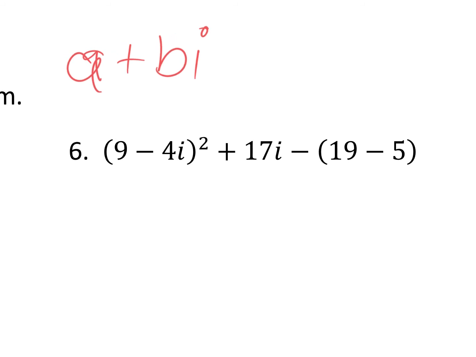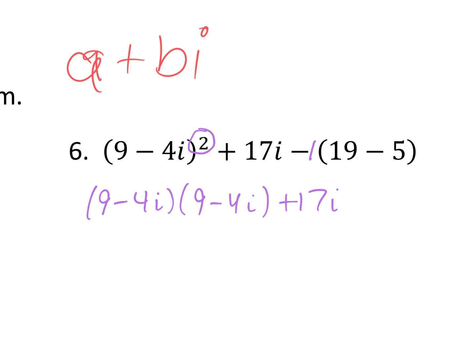All right, scooting over here. Just kind of survey the situation, y'all, before you start doing anything. I know I have a negative 1 right here. I see this. What does that mean? FOIL it. I'm going to rewrite this parenthesis 2 times. I have 9 minus 4i times 9 minus 4i. Does everybody agree with me? So then I'm going to just, plus 17i. Can I go ahead and distribute that negative in there? Yeah, that's fine because you're not multiplying it with anything else. So this becomes